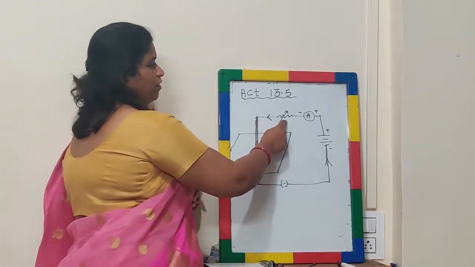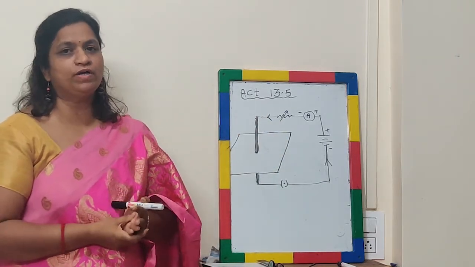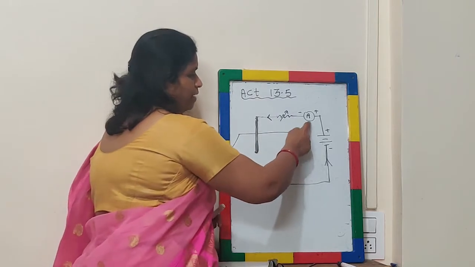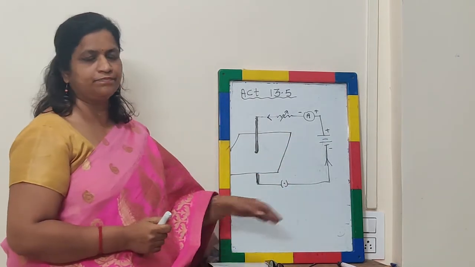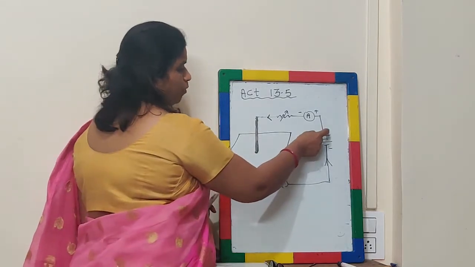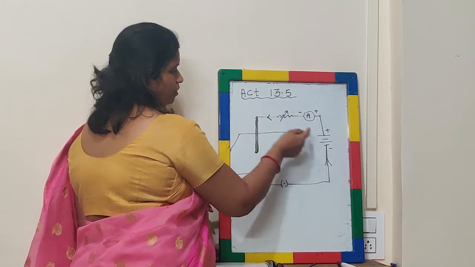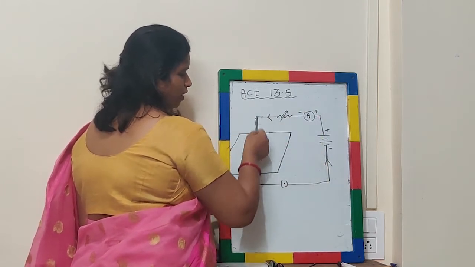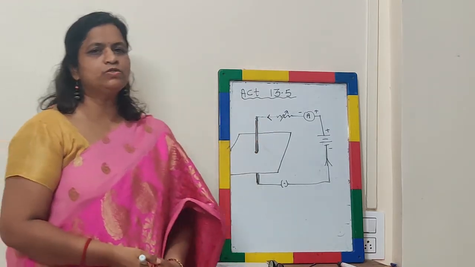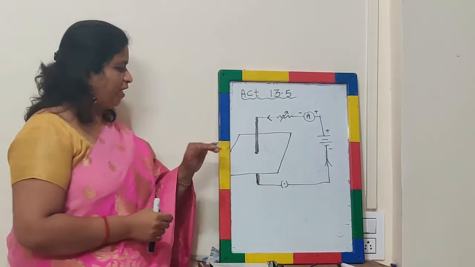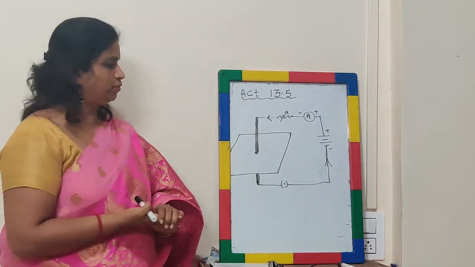Then we take a rheostat to change the amount of resistance, which automatically changes the amount of current. Then we take an ammeter, a 12 volt battery and a plug key. As shown here, there is a positive and a negative terminal, and the current flows through the ammeter and rheostat in this way. With the total arrangement done, we have to take care that the board is not moving and is fixed at that position.